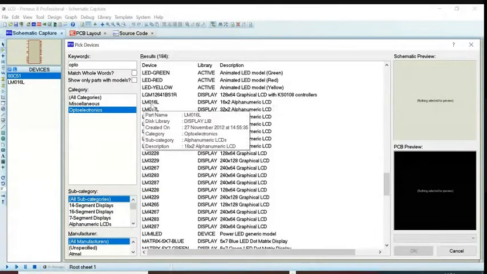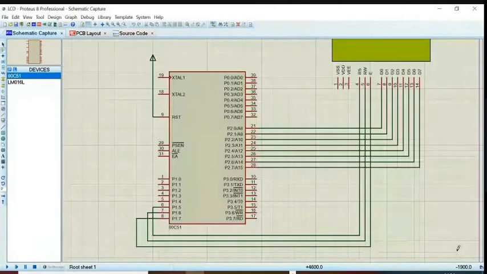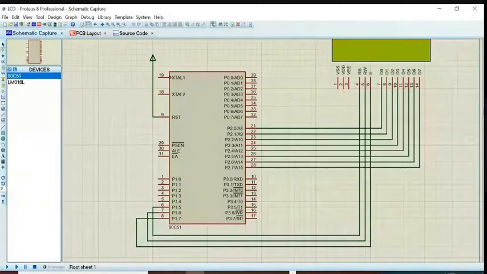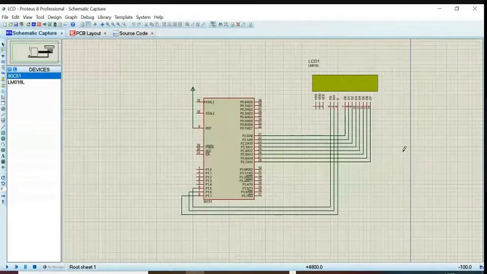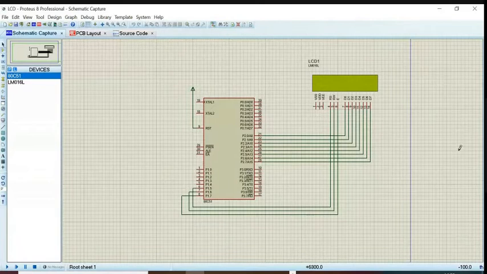Number is LM016L. So select this and place it over here. And make the connection.